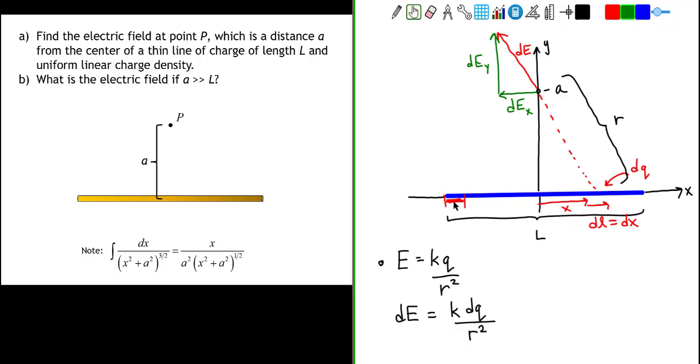That means we have to add up this tiny piece plus this tiny piece, plus this tiny piece, and we're adding up an infinite number of these tiny pieces until we sum over the entire line of charge. Okay, so we're adding up a whole bunch of pieces, and right now you're probably thinking, well, integration might help us out, and you'd be right.